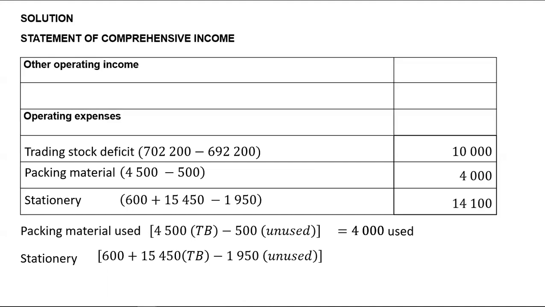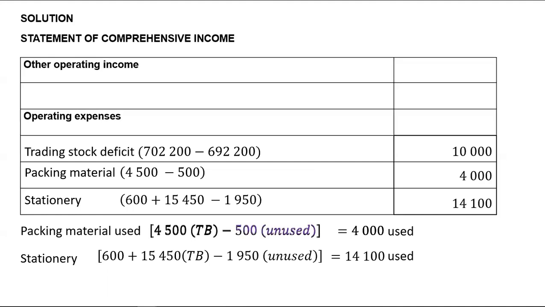14,100. Now take 10,000, add it with 4,000, add it with 14,100, you will get 28,100. And that 28,100 will be operating expenses. The unused part of your